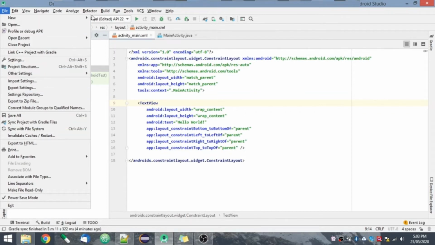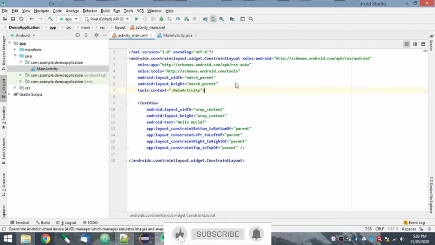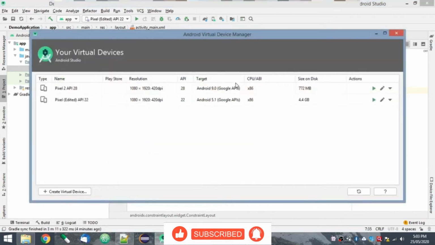So these are the two ways that you can do, and there is one more way to speed up your virtual device, basically the speed of your virtual device. I'll show you how you can add and how you can change the settings to speed it up. If you see a mobile icon here, you just have to click on that mobile icon. It will be named AVD Manager. Click on that, and once you click on the AVD Manager, that is your Android virtual machine.